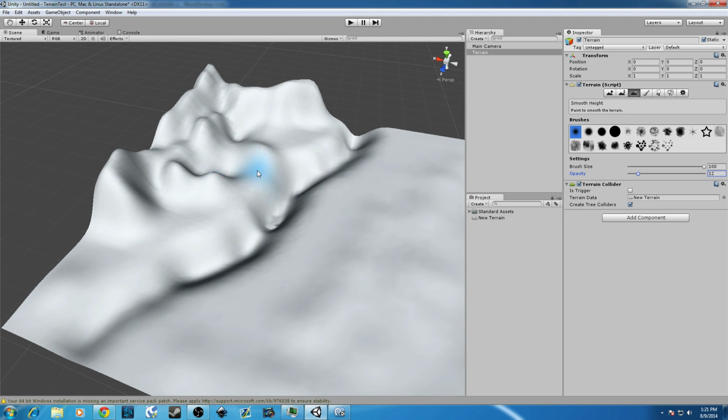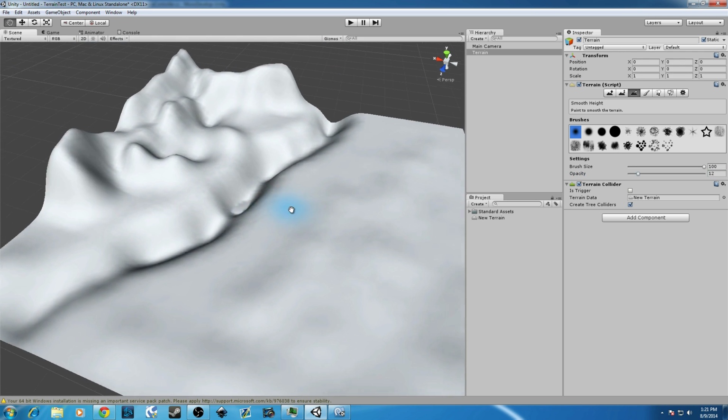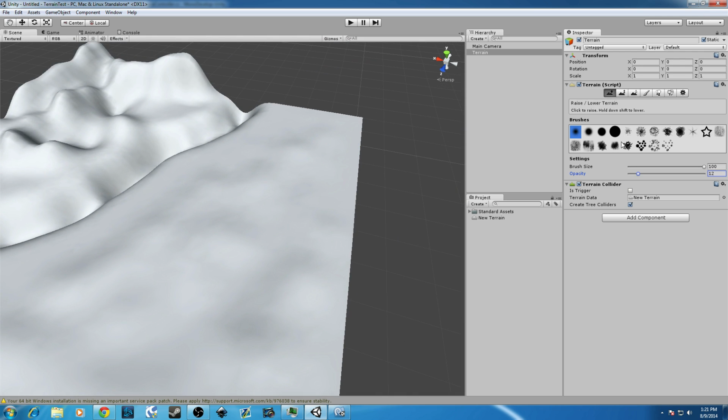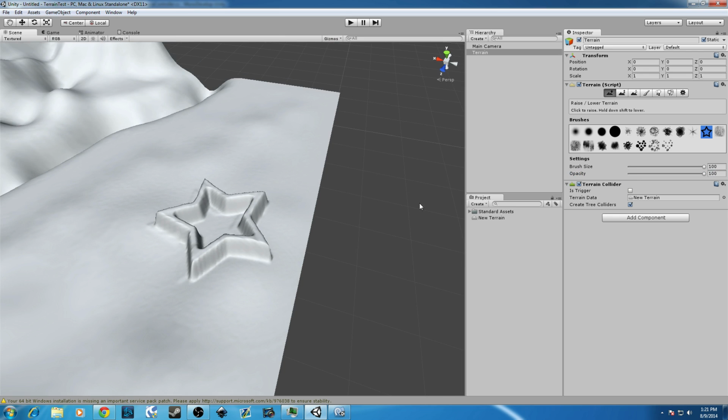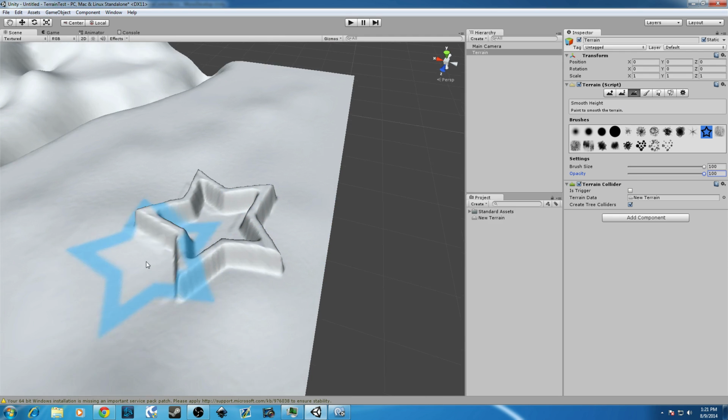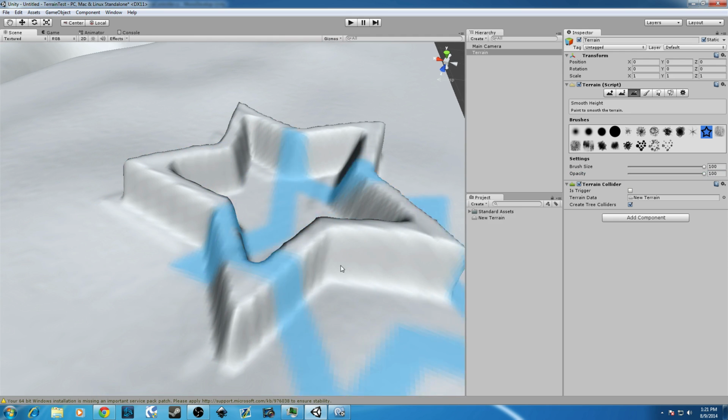So in smoothing, let's say if you create a very jagged shape, I'm going to do that real quick. I'm going to go ahead and select this star. I'm going to set the opacity up pretty strong so you can see it. So here we go. We have a star in our terrain. And, you know, I don't know if you want that or not, but if you do, it's okay. But sometimes Unity struggles with